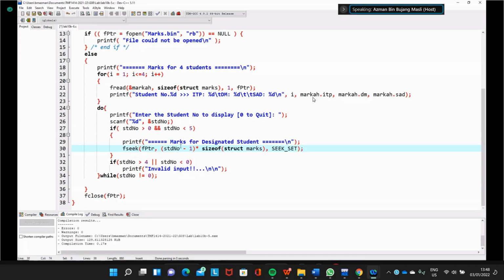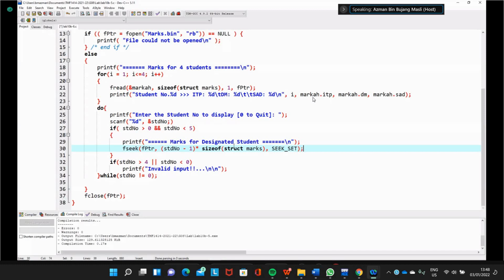So for example, let's say you want to search for student number 1. Student number minus 1 is 0. 0 multiplied by the struct size gives you the first location, so you get to the 0 location in the file.